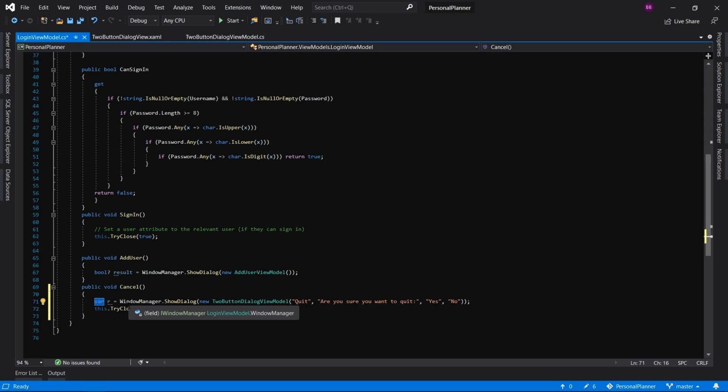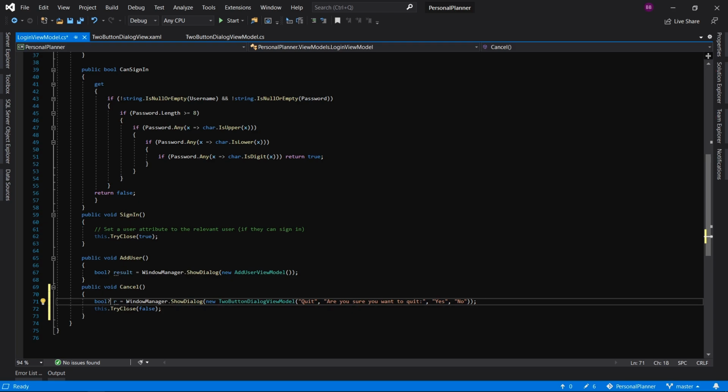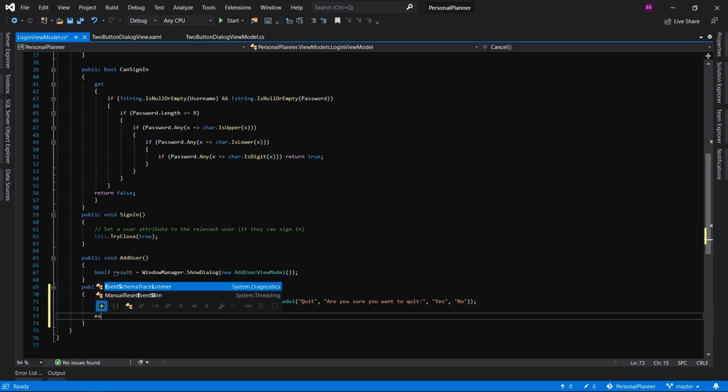So in fact, this is actually going to respond with a nullable bool. So then if r is equal to true, then do this. Else,